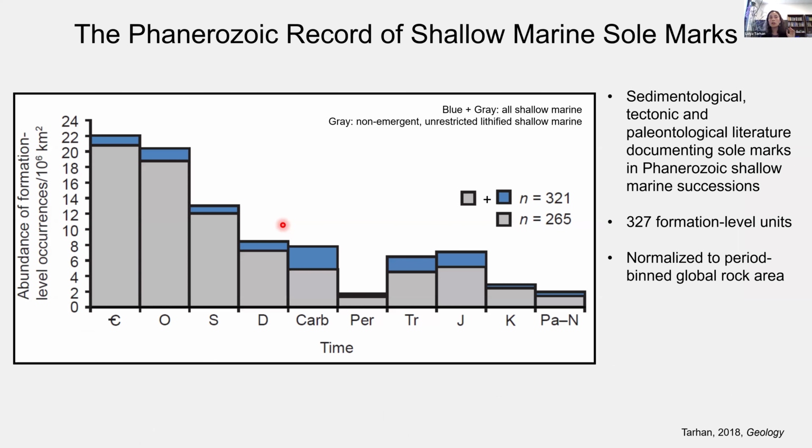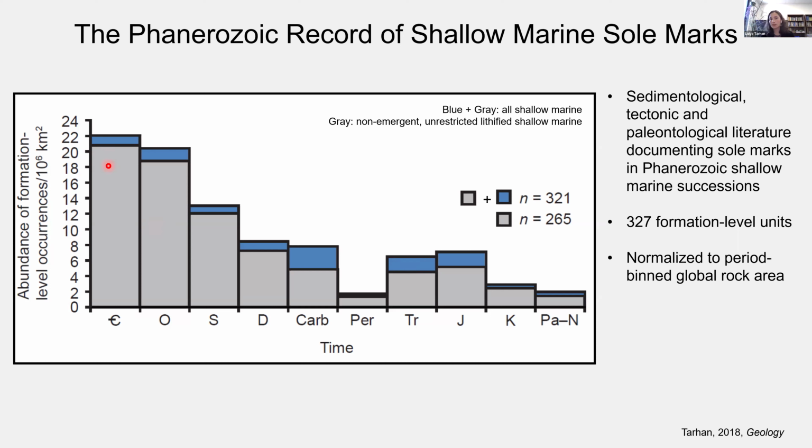And it turns out that if we look at the abundance of shallow marine units containing these features, there's a distinctly non-uniform distribution in time. We see that these sorts of features are considerably more abundant in the early portions of the Paleozoic, the Cambrian and the Ordovician periods. And then we see a tailing off, and this is actually a statistically significant decline in abundance through the rest of the Phanerozoic. And this, of course, very nicely mirrors, inversely, the interval in which we have independent evidence that the development of sediment mixing, of bioturbation, was a relatively sluggish, protracted process.